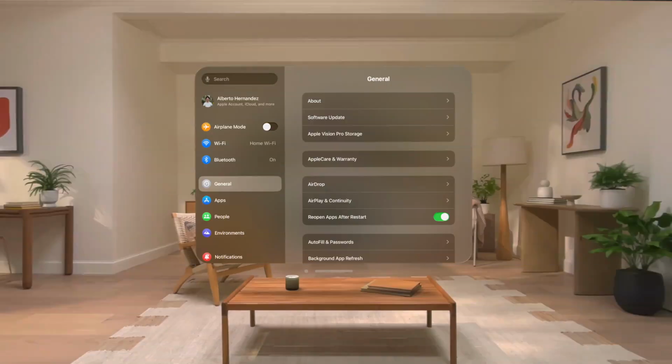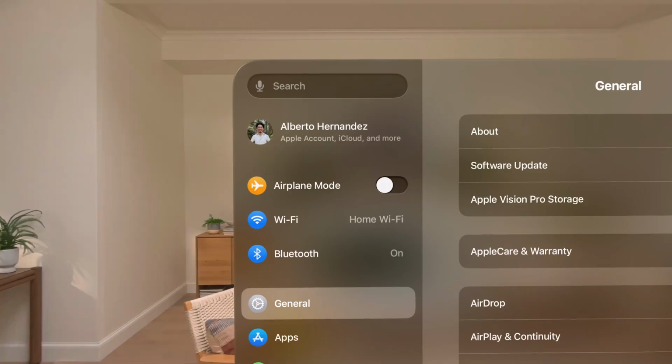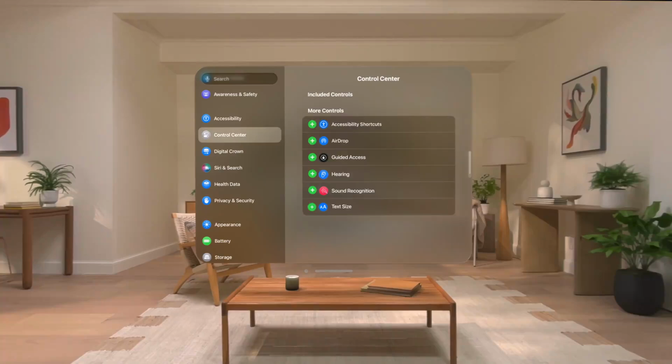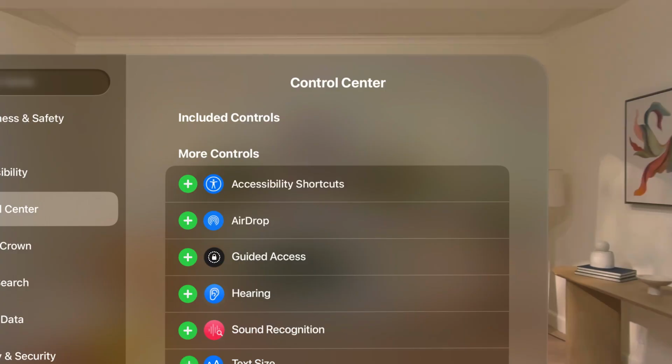To change your Control Center options, in Settings, look at the left side of the window, and then pinch your fingers and gently flick up to scroll down. Then look at Control Center and tap to select it. Here, you'll find more controls you can add. Just look at the plus button next to an item and tap to add it to Control Center for quick